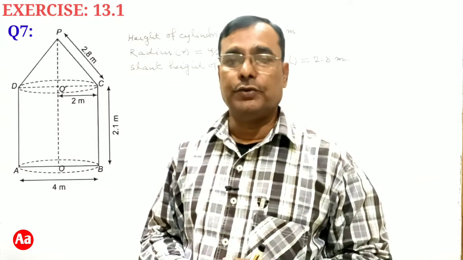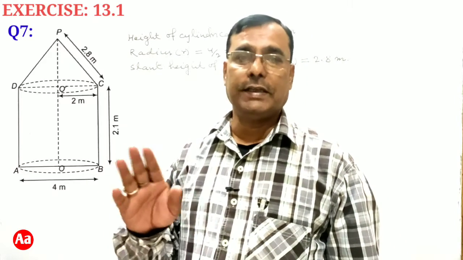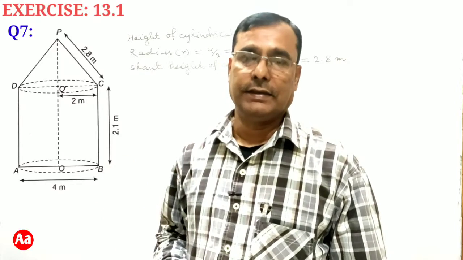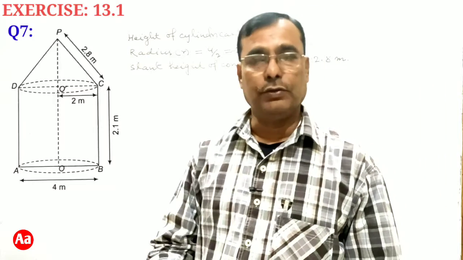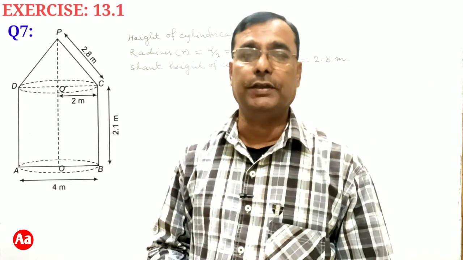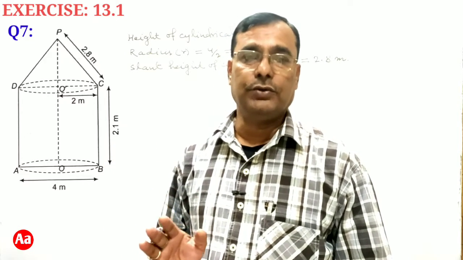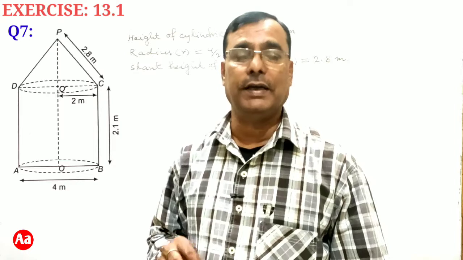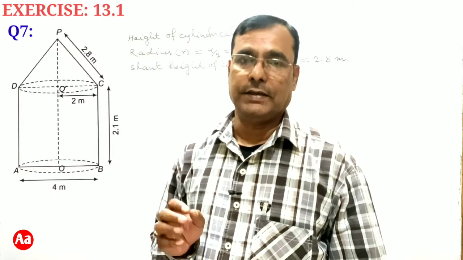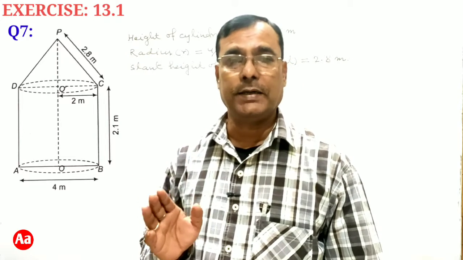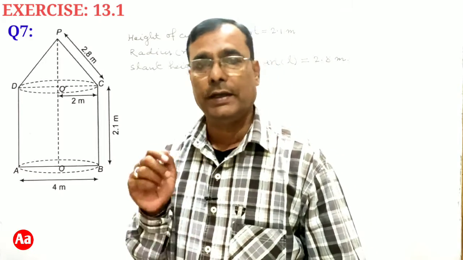We have to find the area of canvas used for making the tent. Actually, we are going to find the surface area of the tent without base. The circular base of the tent is not covered with canvas. So finding the area of canvas used for making the tent is the same as the surface area of the tent we have to find, in fact. So, surface area of the cylindrical part plus surface area of the conical part of the tent we are going to calculate.